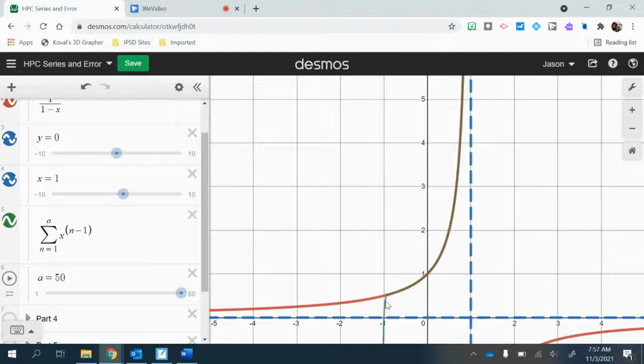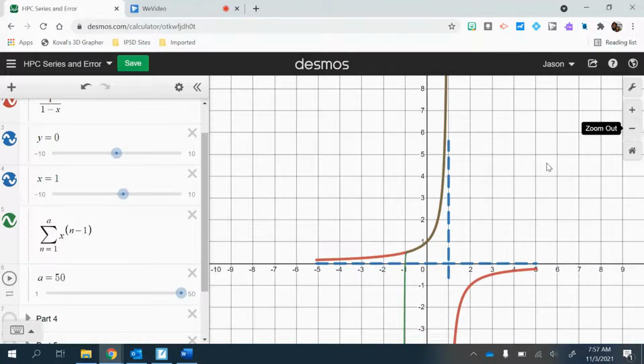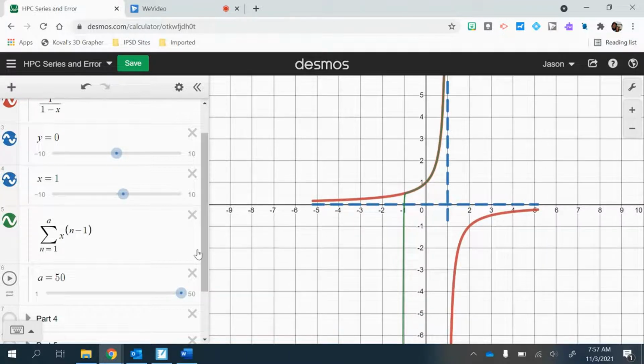And it looks like -1 is when it stops being any good. And obviously, this is going to take a while to think, but it never matches what's happening down here. The reason it never matches down there is because it's just a polynomial, and a regular polynomial has no vertical asymptote. So what I have is, no matter what I plug in,